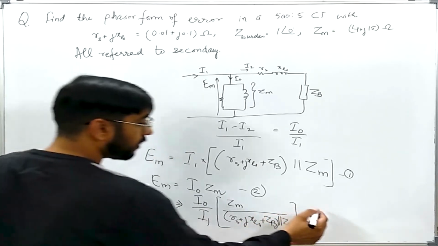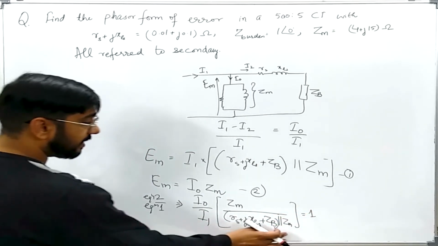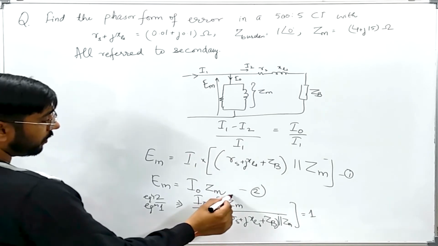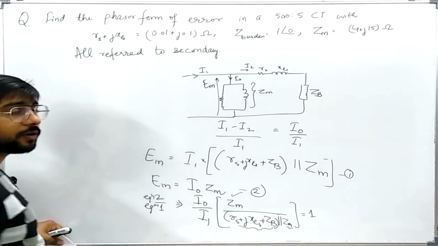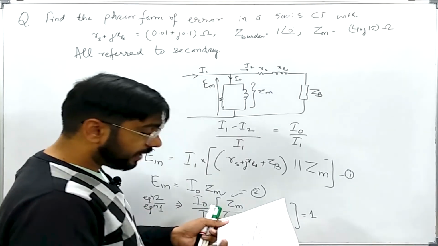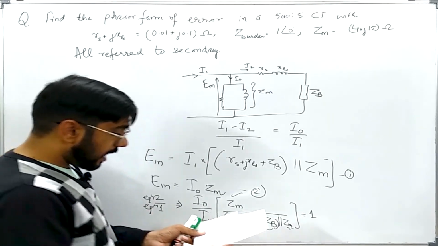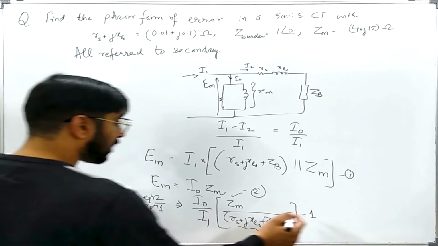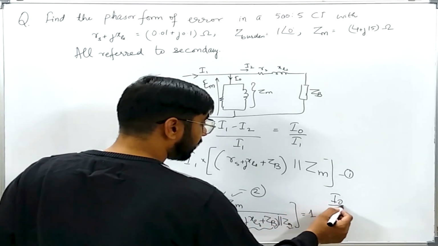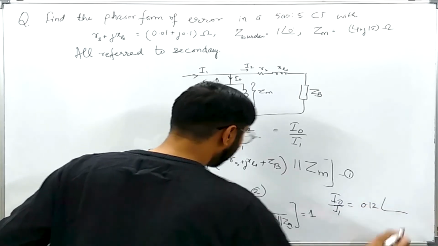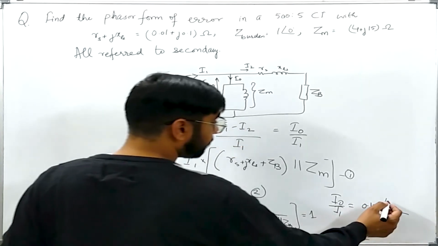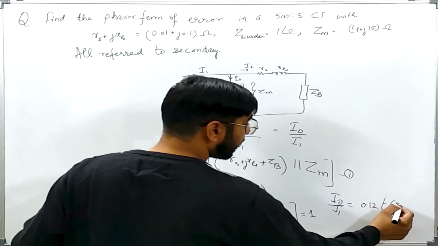Or I can find I naught over I1 directly just by putting the value of Zm, RS plus XLS plus ZB in parallel to Zm. Now I have already done this thing, so I have found that I naught over I1 on putting the value comes out to be 0.12 angle minus of 65.45 degree,